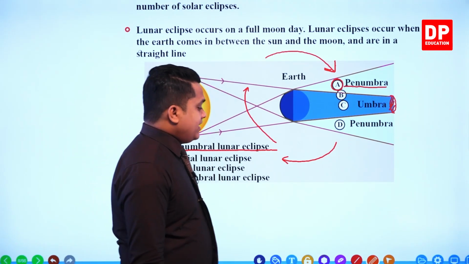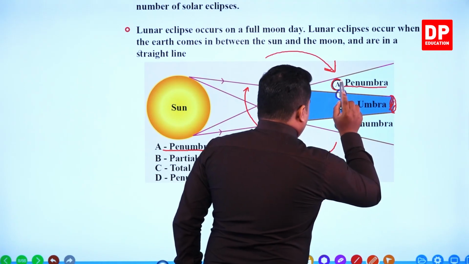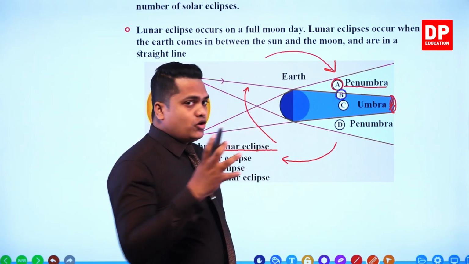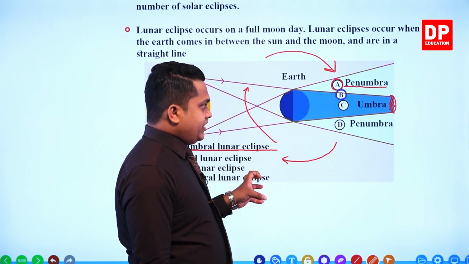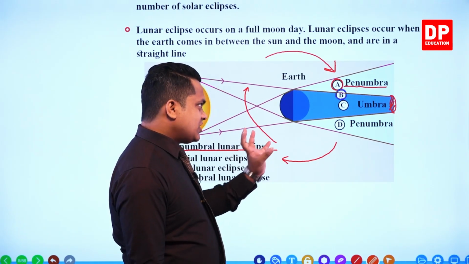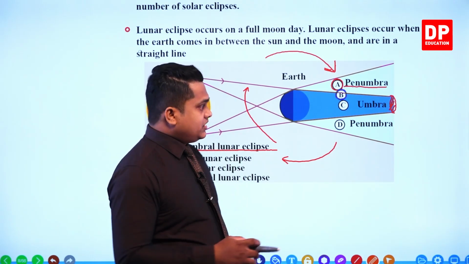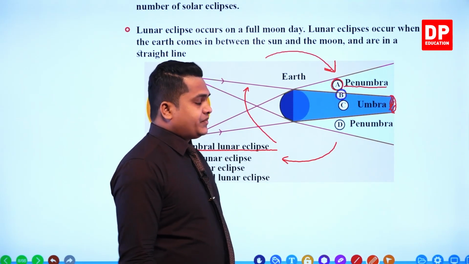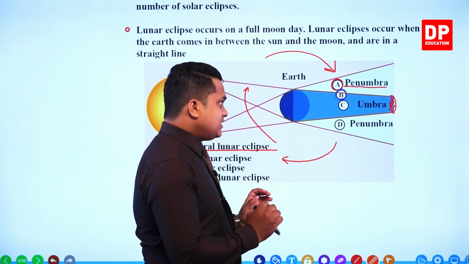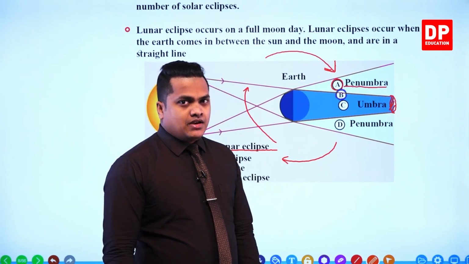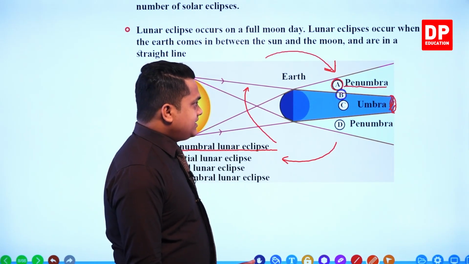Then at position B, my dear children, a major portion is located within the umbra region, while the other portion is located on the penumbra region. Not half, actually; we can say a fraction is located at the umbra region and the other fraction is located at the penumbra region, as you can see here very clearly. So this is referred to as a